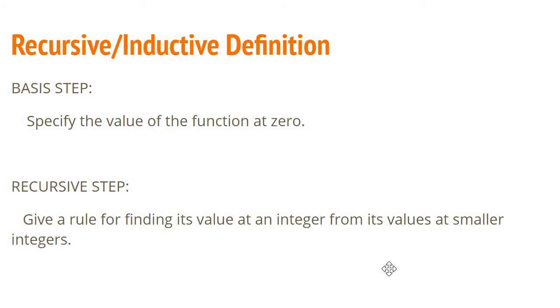So a recursive definition is composed of two parts, the basis step and then the recursive step. The basis will specify the value of the function at 0, or at 1 if 0 is not possible. Then the recursive step will give the rule for finding its value at an integer from its values at smaller integers. Or to put it simply, in the recursive step, you're going to express the next term in terms of the previous terms. So for example,